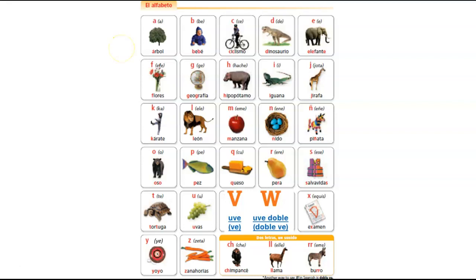A, B, C, D, E, F, G, H, I, J, K, L, M, N, Enye, O, P, Q, R, S, T, U, V, you can say V, W or W,